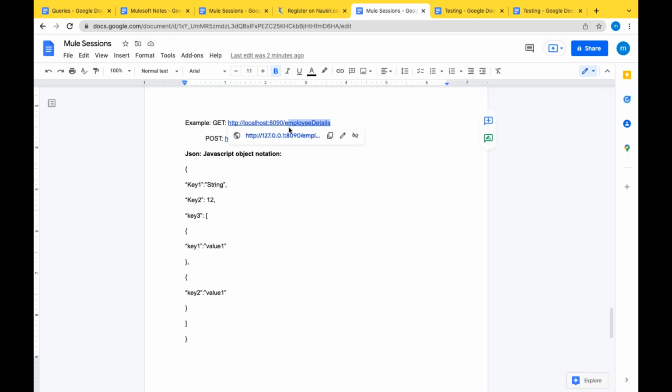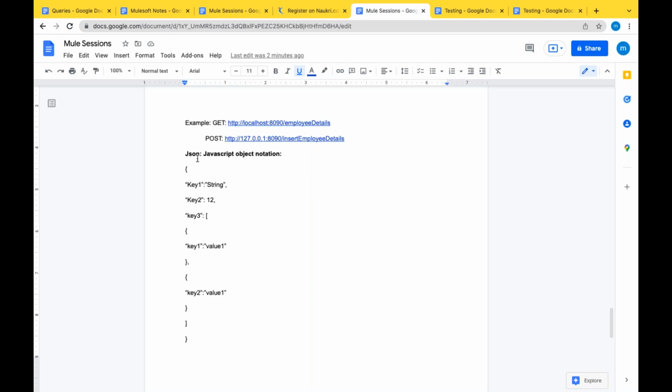Resource, in the terminology here, is a specific functionality. Whenever you are doing a specific functionality, when you hit something and you get something out, I'm calling it a resource. Here I'm calling this a resource. Get API: when I hit this, I'm expecting an output, a list of employee details, employee IDs with all the details. When I hit this, I'm expecting "inserted successfully" as an output. Here I'll pass the input JSON as the body to insert the employee details.